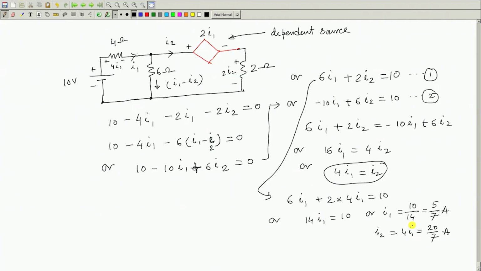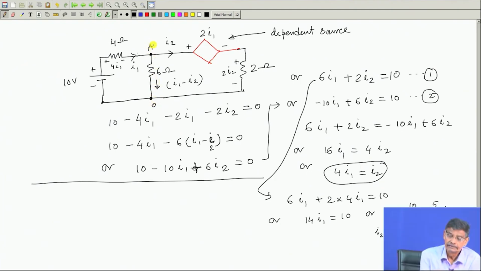Did I apply any new theory? No. I applied simple KVL, KCL and so on. If I wish, I could also apply nodal analysis. For example, I say that this point is O, this point is A. Then also you can write at A, KCL